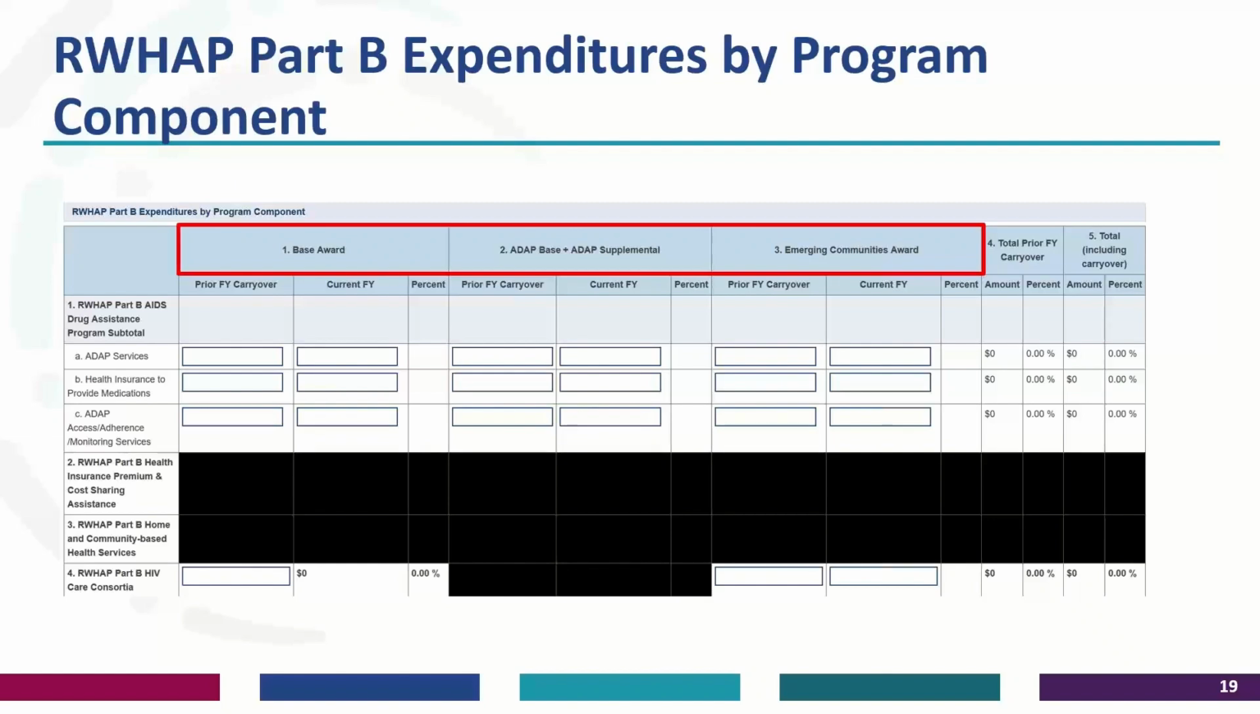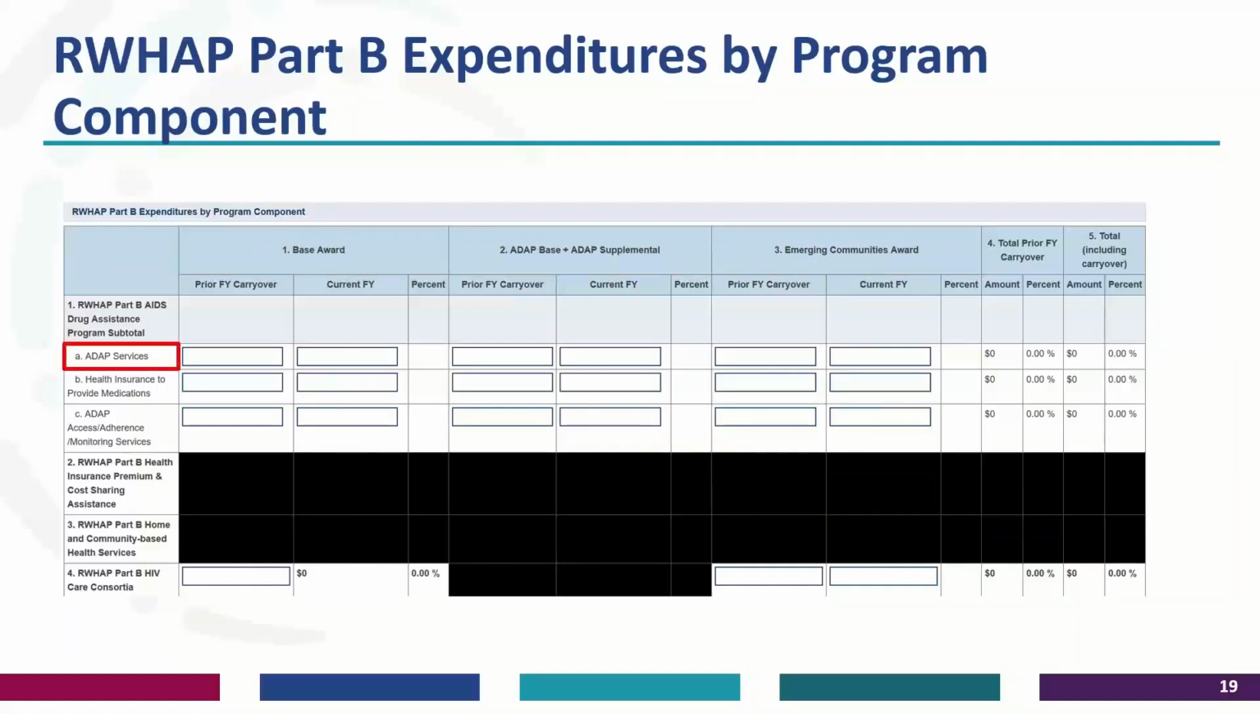For example, in this first row for ADAP services, under carryover, you will enter the approved amount of Part B base award carryover from the previous budget year that was expended on ADAP medication purchases in the current budget year. Under the current award column, enter the amount of your agency's Ryan White Part B base award that was expended